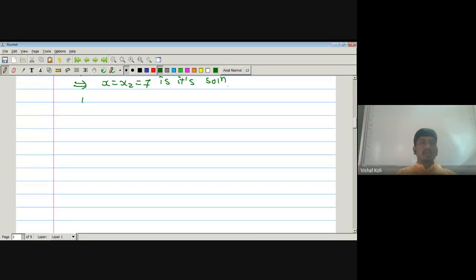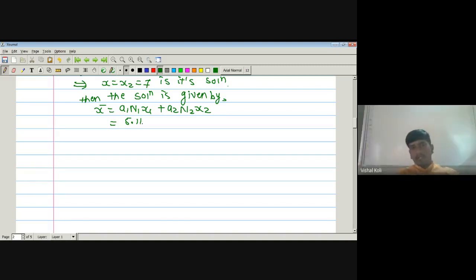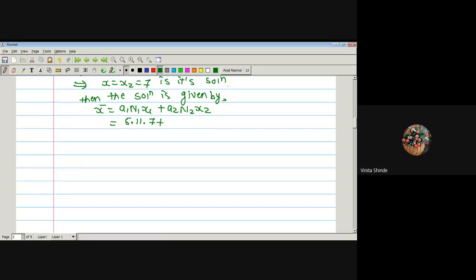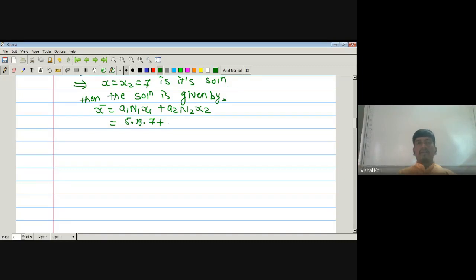Then the simultaneous solution is given by x bar is equal to a1 n1 x1 plus a2 n2 x2, which is equal to, what should be the value of a1? 5. n1 is 11 or 19? 19. So 5 into 19 into x1, which is 7, plus a2 is 2 into n2, 11, x2 is again 7. Okay, now 7 into 5, 35. 35 into 19,